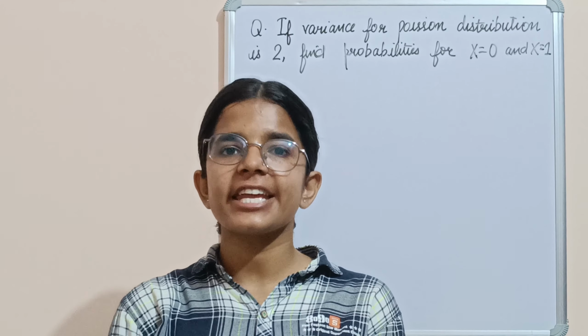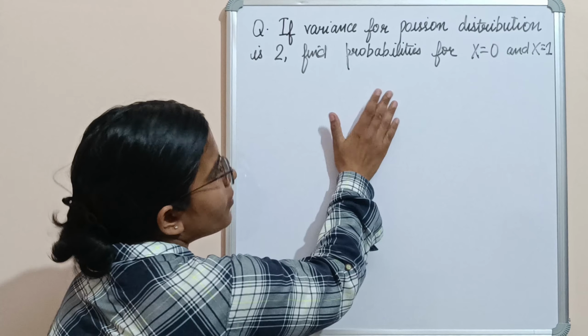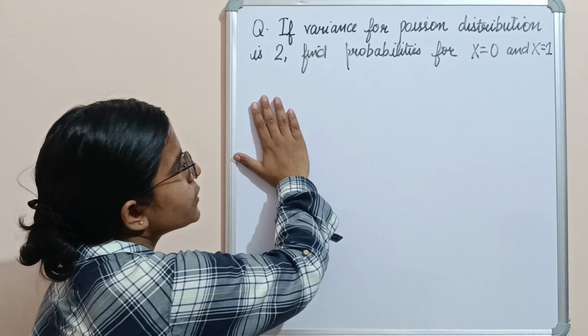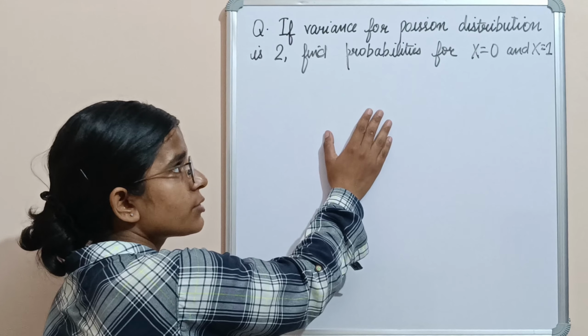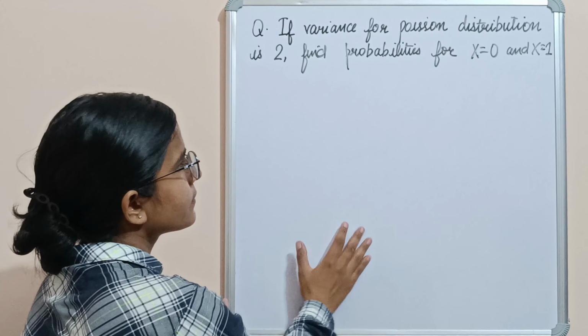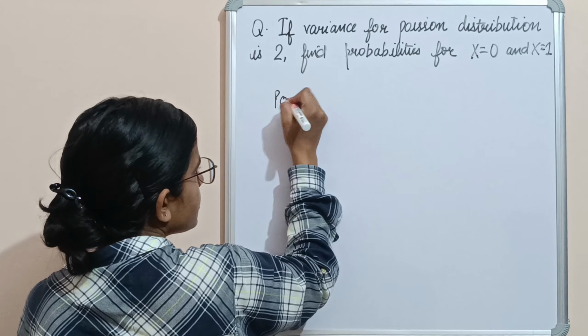Moving on to our next question. Our question is, if the variance for a Poisson distribution is 2, find the probabilities for x equals 0 and x equals 1. Now, first of all, a Poisson distribution